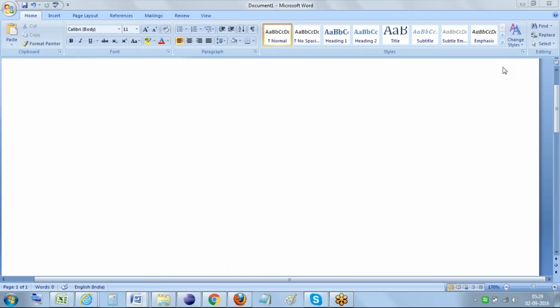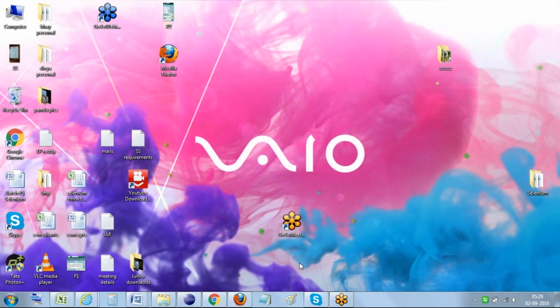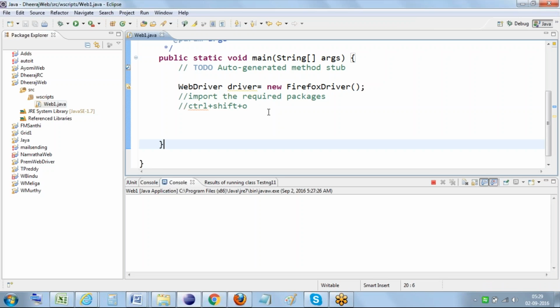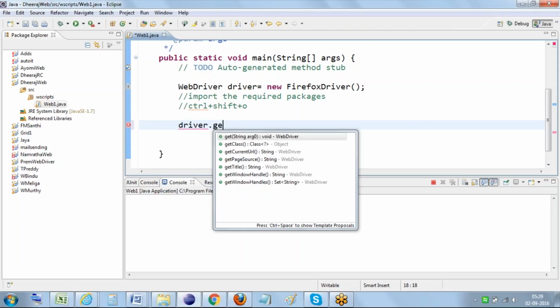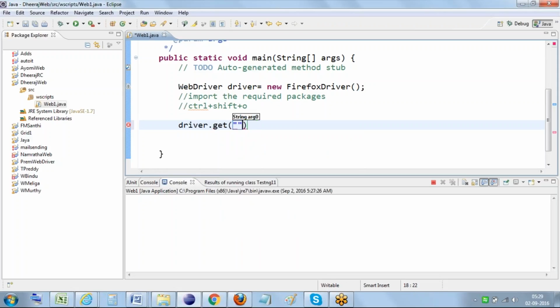So the another point of what we need to do right now is, once we have specified all this information, the another basic thing we need to do is, we just specified the browser name, hence it will automatically launch a browser. To open an application, we can use a get command, driver.get, specify the application URL from the protocol,